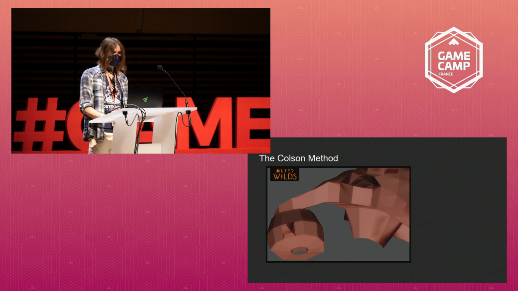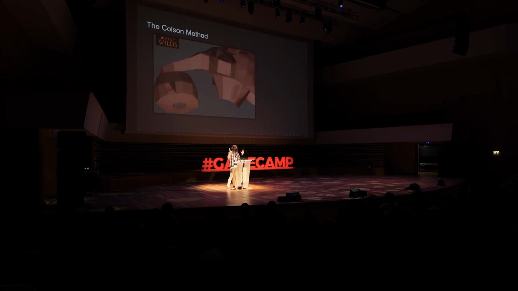So for the purpose of embarrassing my coworker, we're going to refer to this as the Coulson method. It's a workflow that bases the final geometry directly off the designer-created gray box. So step one is the gray box geo is loaded into Maya and cleaned up. Specifically, that means converting it to use quads with a clean edge flow. And then from there, it's unwrapped in a tool called UV Layout, giving it a set of UVs for world